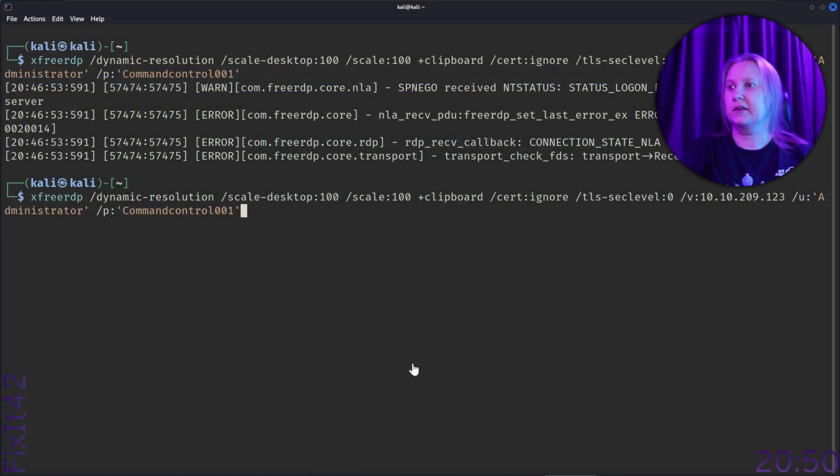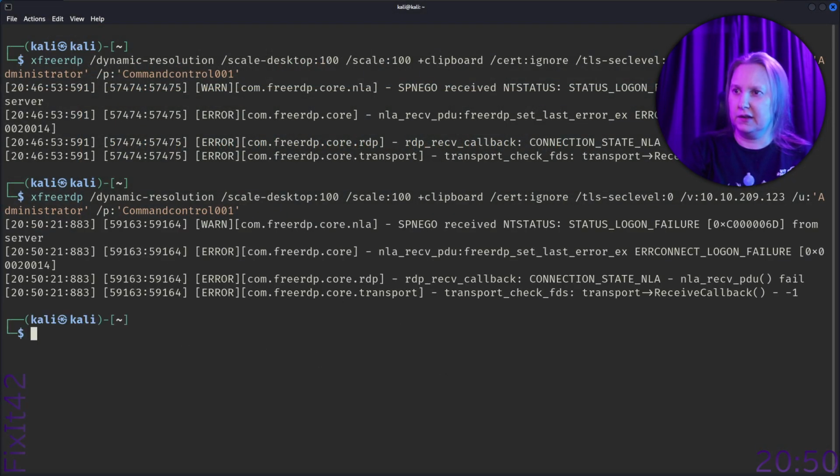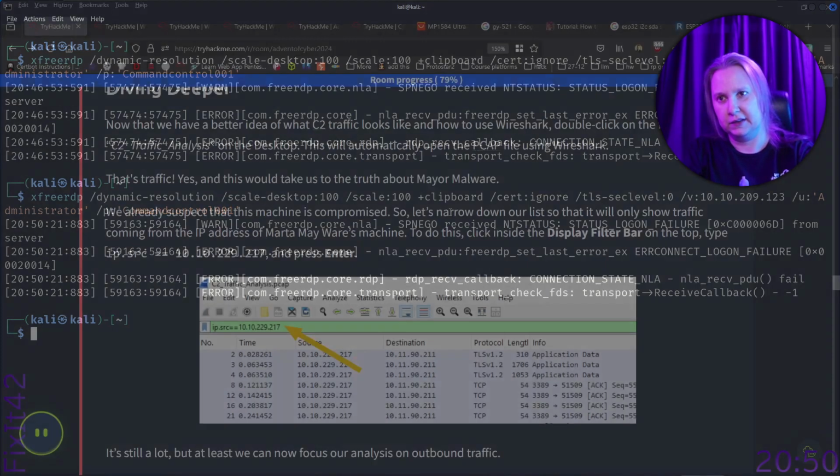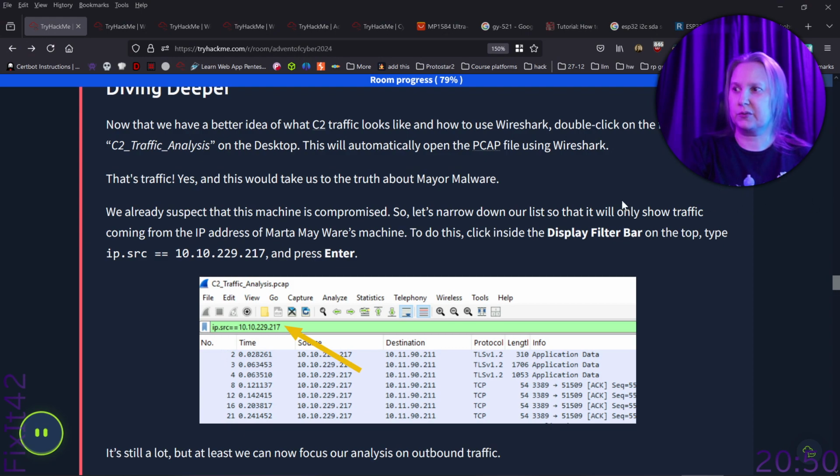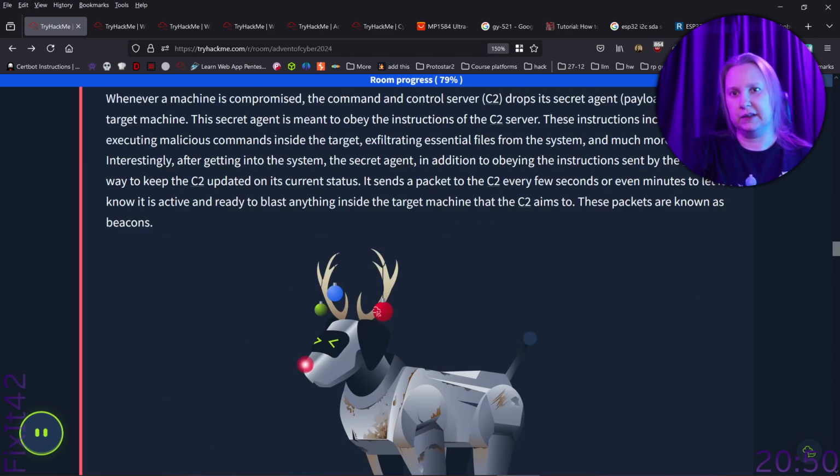We already suspect that this machine is compromised, so let's narrow down our list, and it will only show traffic coming from the IP address of Martha May's machine. To do this, click the filter display bar on the top. Type ip.src, so we will only see her machine's traffic. The thing is,